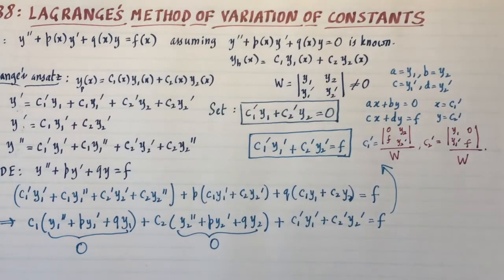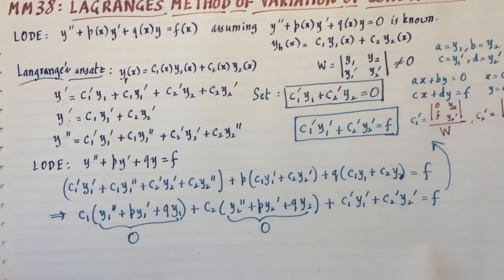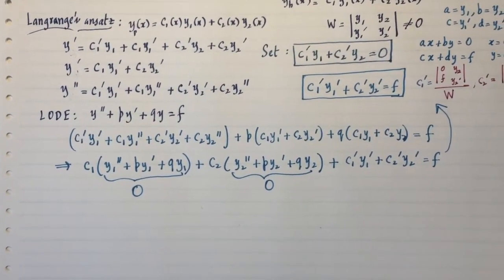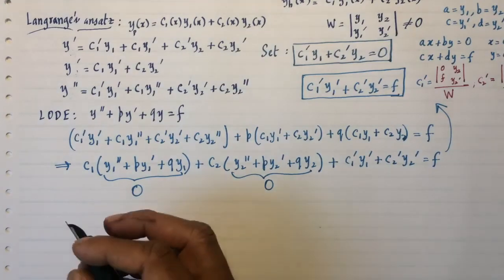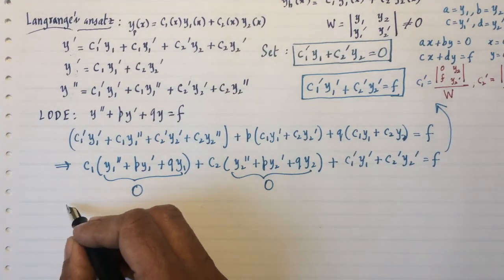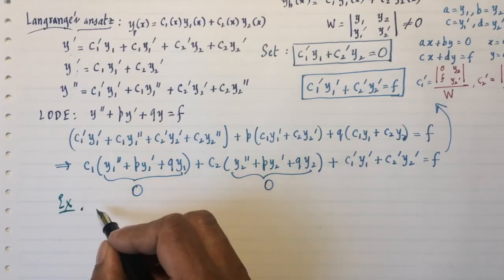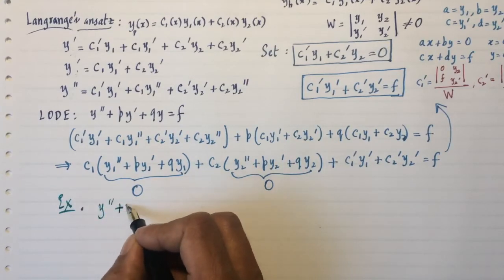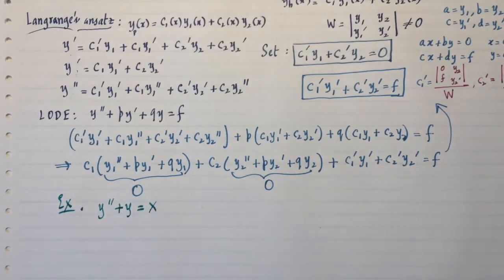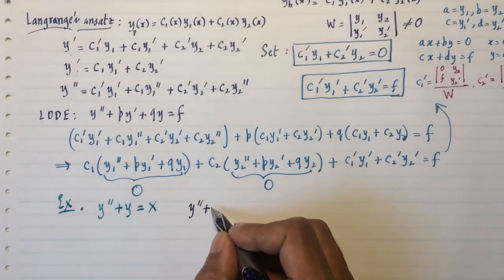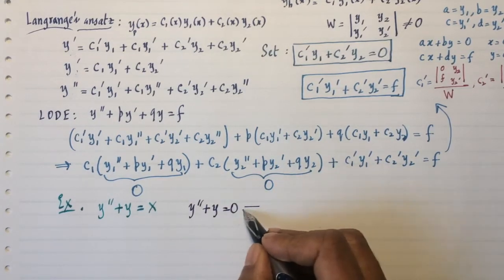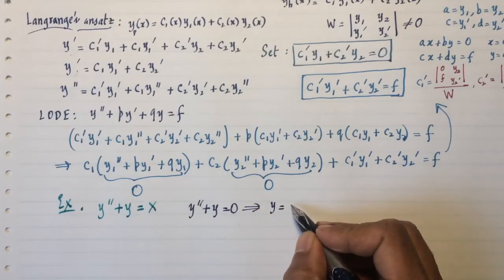So let's examine all this in practice, and let's take a very simple example to see how the guts of this method works. So let's try the example y double prime plus y equals x. Now the good thing about this example is that you've probably beaten the homogeneous solution to death in earlier courses. So y double prime plus y equal to 0. How do you solve this? Well, you use the Euler ansatz. y equals e to the